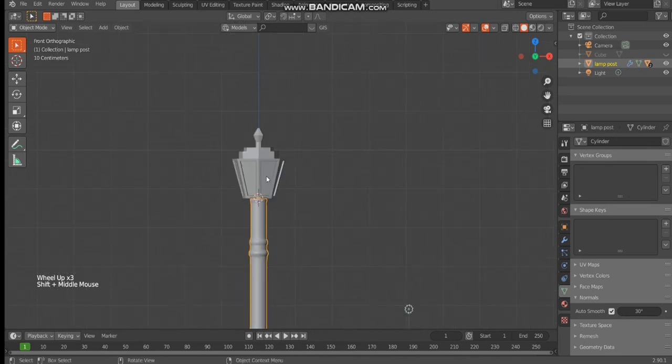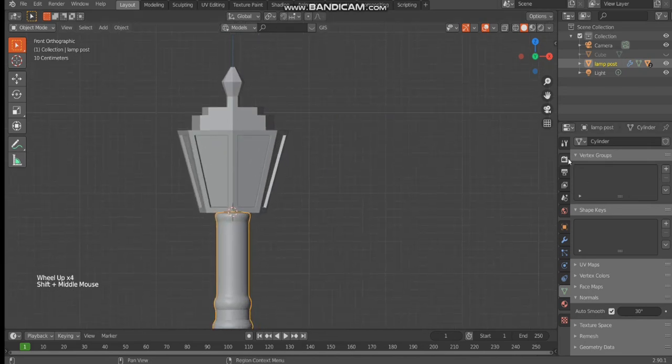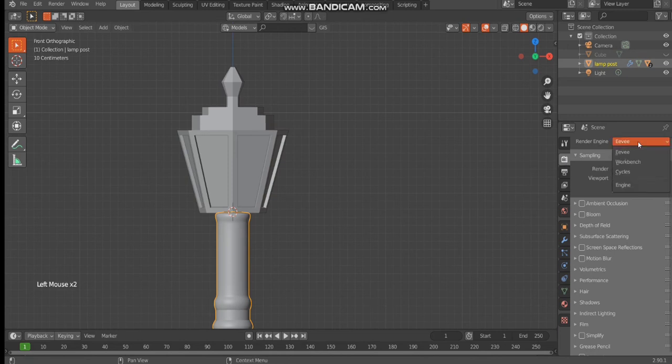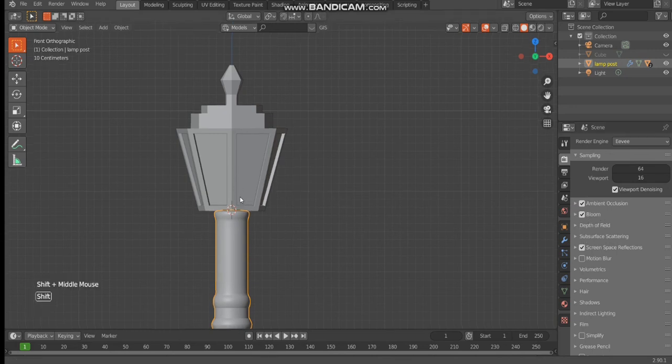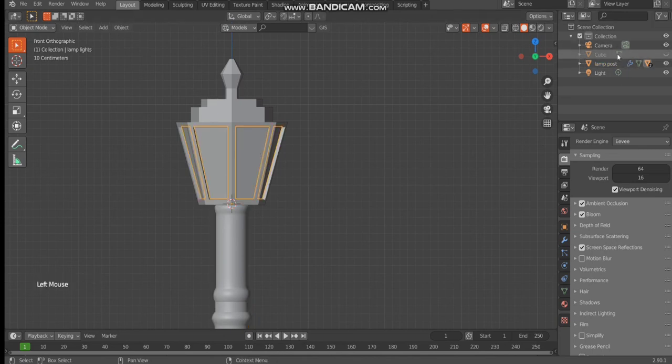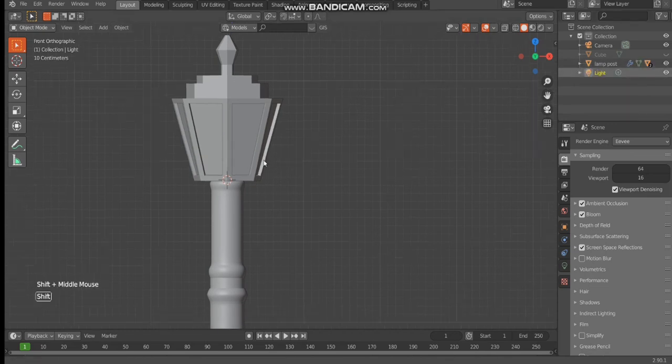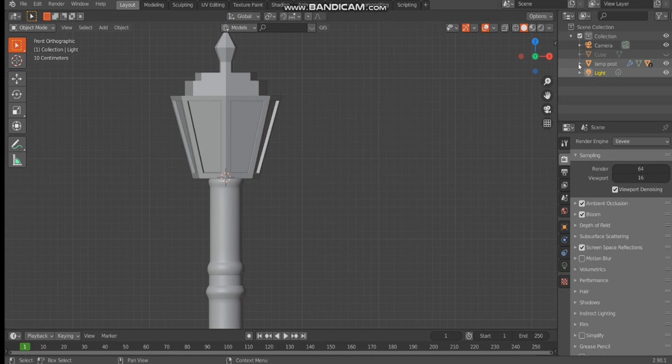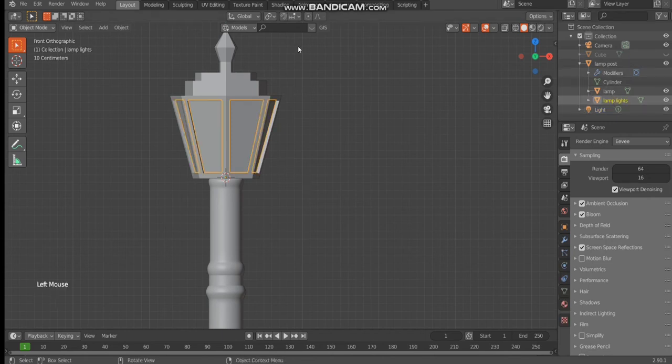Now we'll go to the render properties and make sure we have EEVEE as our renderer, and turn on ambient occlusion, bloom, and screen space reflections. Now select the lamp lights. You will see that when we parent the objects, the parented objects will come under the parent object, so it will be available here under lamp post, lamp lights. Now go to the shading